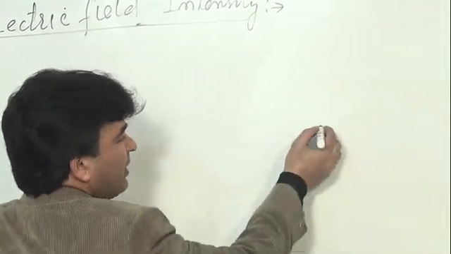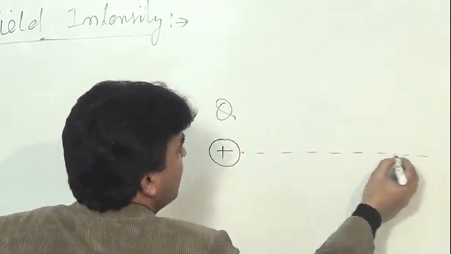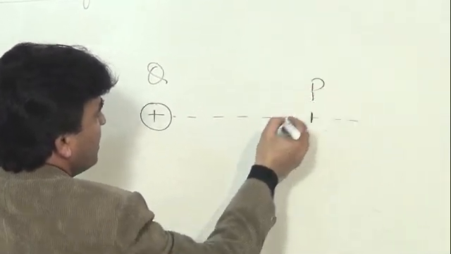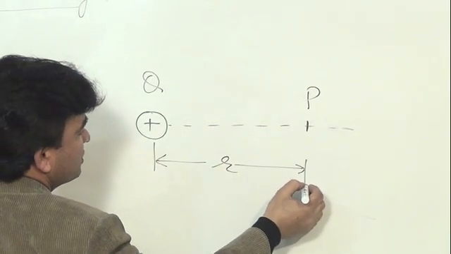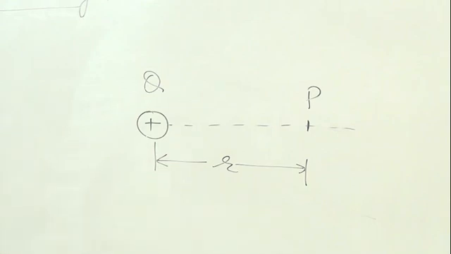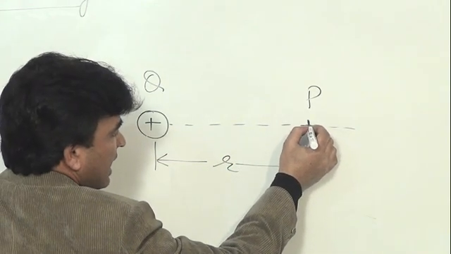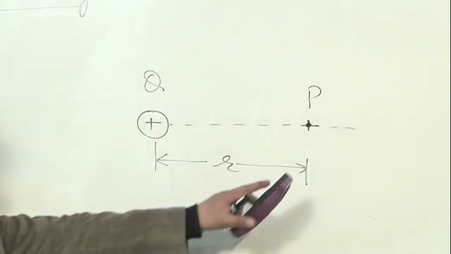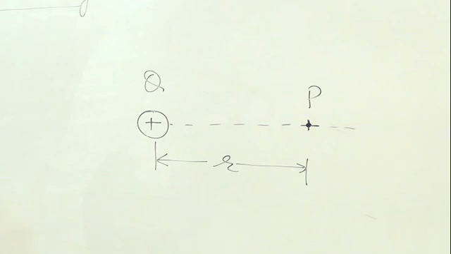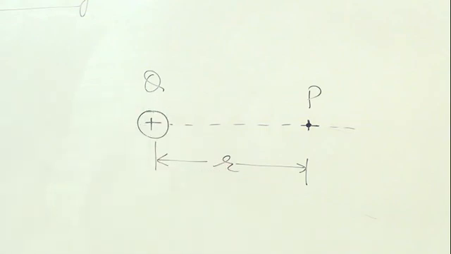For example, if we are interested to know the value of electric field at a point P, which is at a distance R from the source charge Q, the value of electric field at point P due to the source charge Q, which is at a distance R,